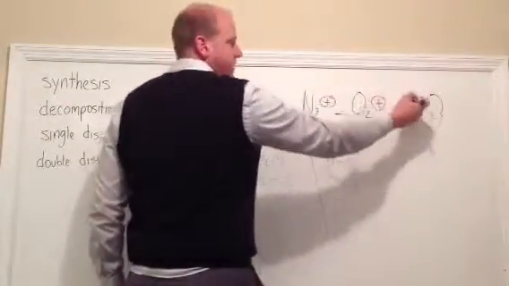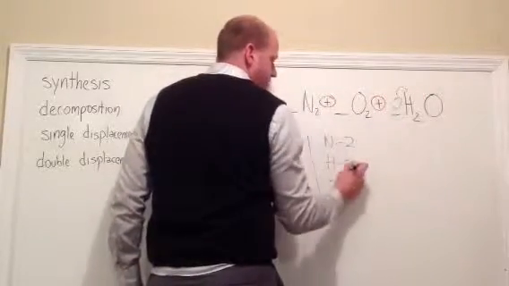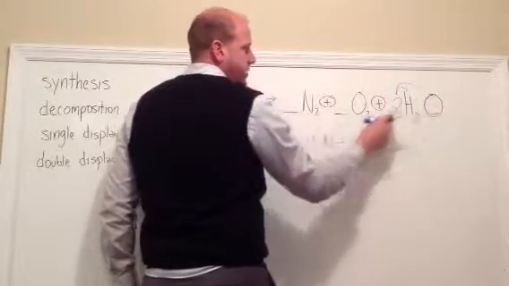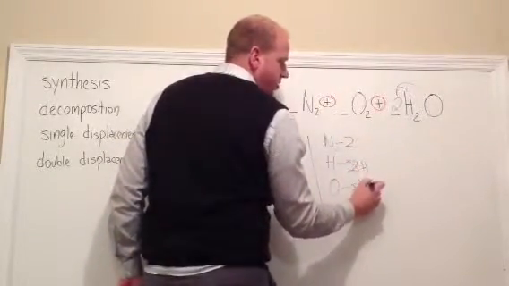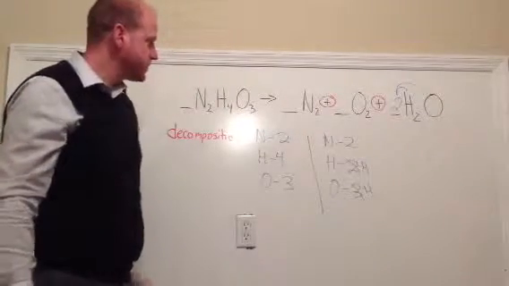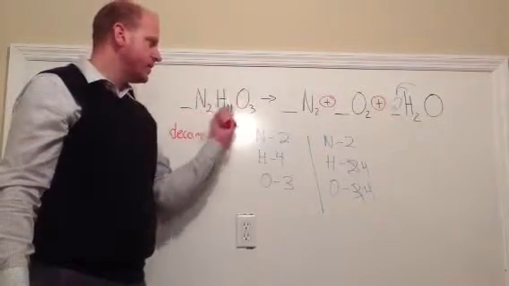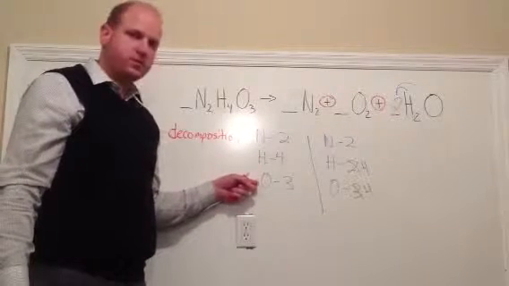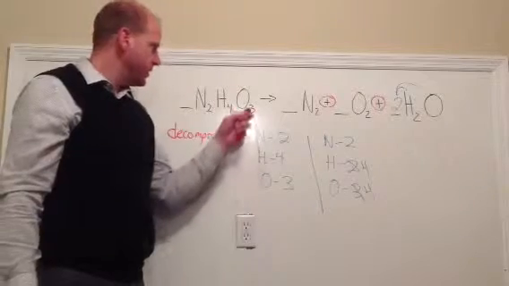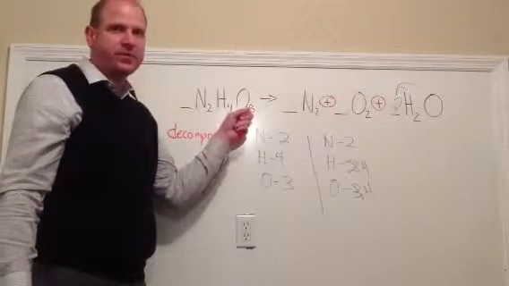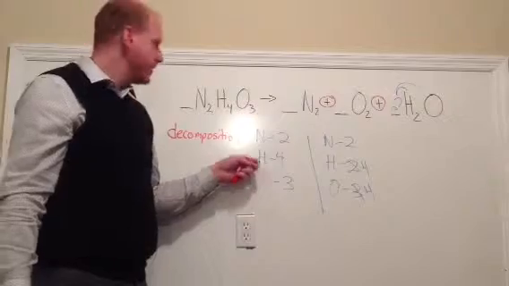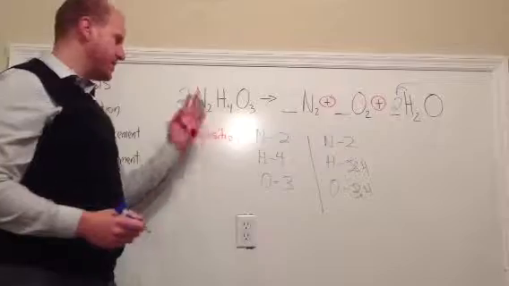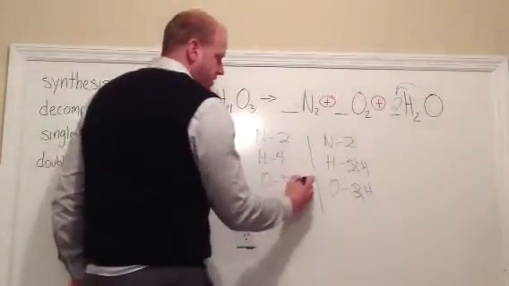Whenever I multiply by 2, it changes both the hydrogen and the oxygen. So I now have 4 hydrogen, and I've got 2 oxygen plus 2 oxygen gives me a total of 4 oxygen. So now I go to my reactant side. Well, I can't make my oxygen equal 4, because no matter what whole number I multiply 3 by, it's not going to equal 4. So I'm just going to multiply by 2, because that's the lowest number I can multiply it by,